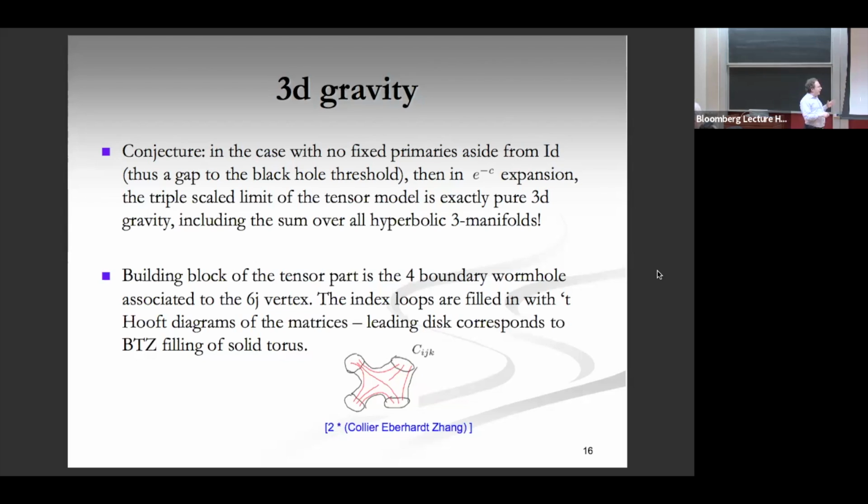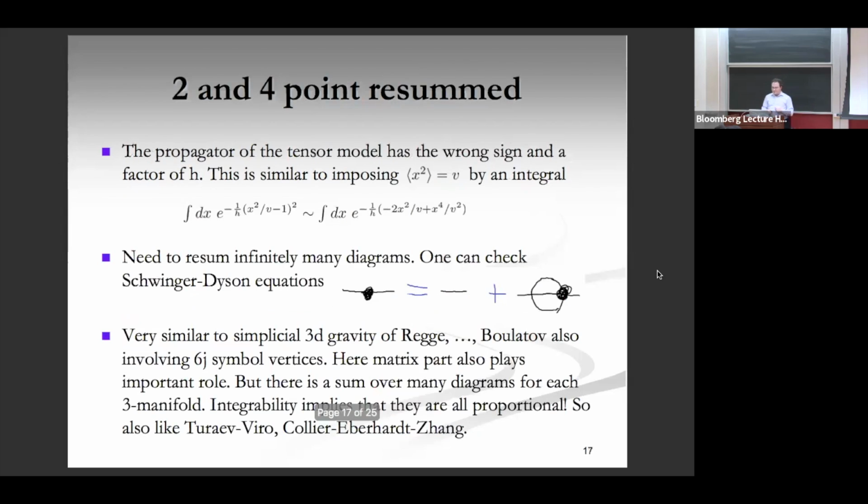And one of the basic building blocks, the most versatile one, is this 4-boundary wormhole that's associated to the 6j vertex. So we have this chunk. It's simple as a 3-manifold, just looks like a 3-sphere with 4 balls deleted, but then it has this interesting arrangement of Wilson lines. You could think about it a little differently: I just take S3 and draw a tetrahedron in it, and then I excise the 4 vertices. And the Verlinde QFT or 3D gravity partition function on that manifold is the 6j symbol.